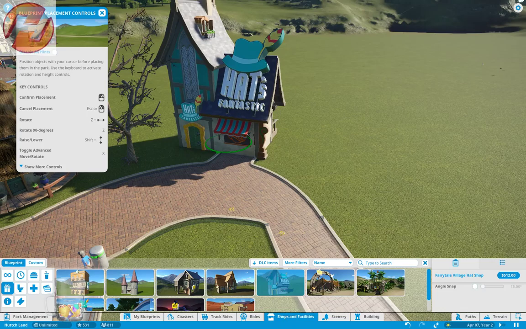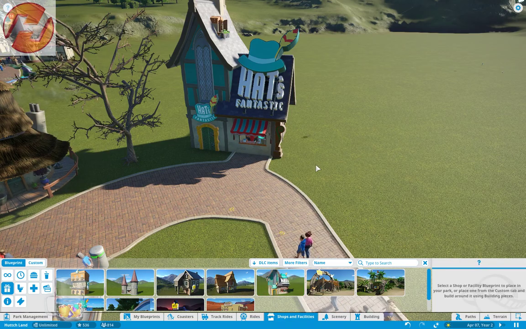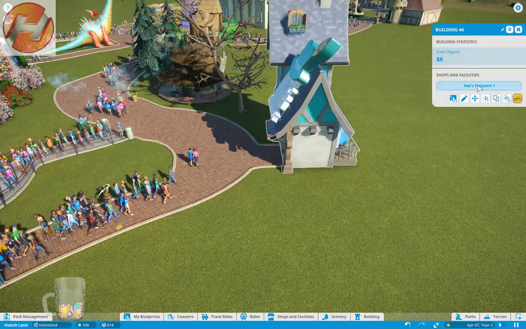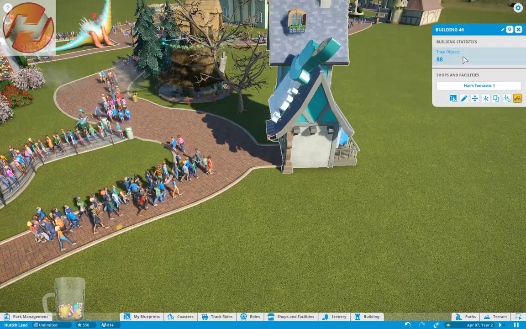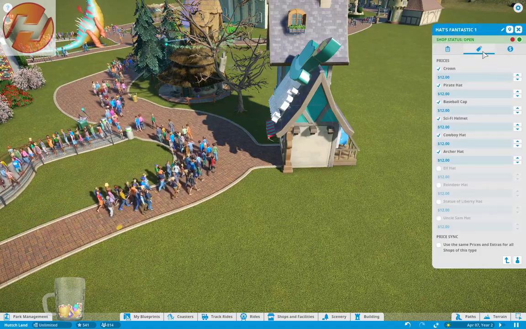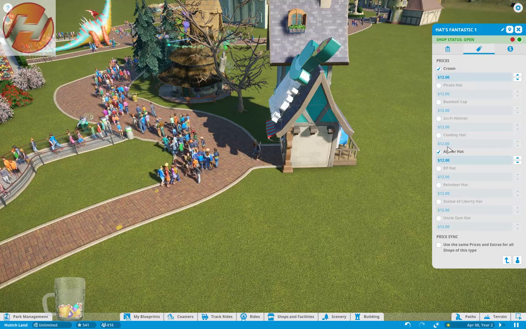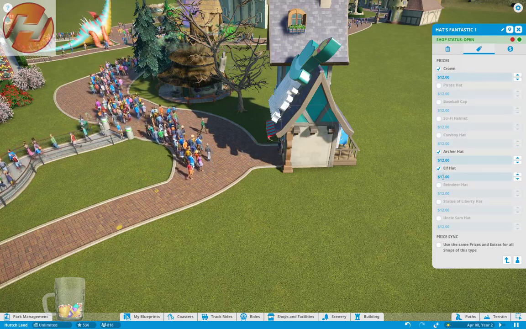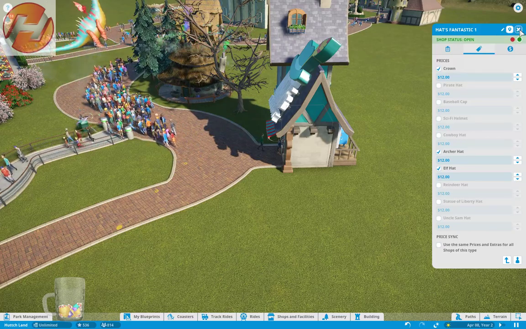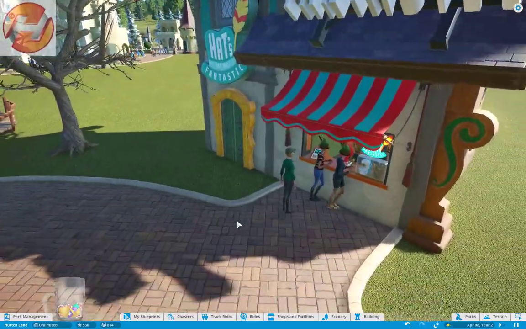See some of our guests wearing some hats. That'd be fun. All right. Now, can we control what kind of hats? Probably not, eh? They just sell regular hats. Yeah, hats fantastic. Items for sale. Oh, okay, yeah. No pirate hat, no baseball cap, no sci-fi helmet. Archer hat we'll leave on. Elf hat. Let's put that in. Okay. Because that way we can make sure our hats are themed to the fantasy theme of our...